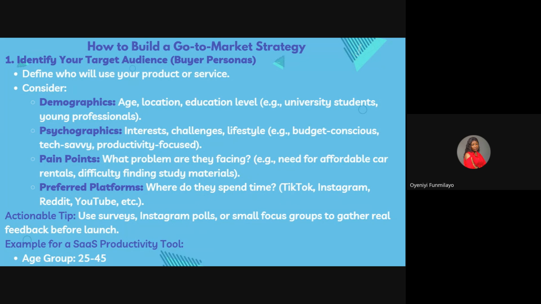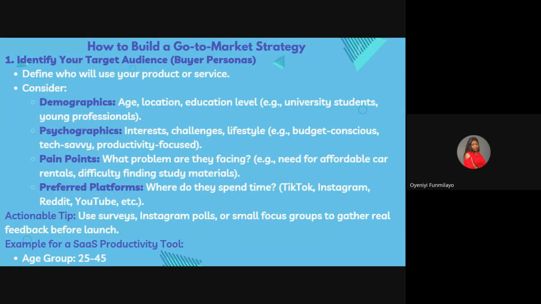Where are they staying? So yeah, if you want to consider your buyer personas, you have to consider their demographics. You have to consider their age, their locations, educational level, which could be university students, young professionals, etc. You just have to properly define their demographics. The one I listed here is just an example, it is more than this. Do you get? But you need to know their actual age, where these people are staying, what they do, right? You need to be able to consider that.